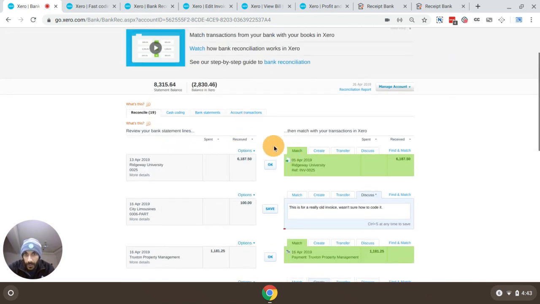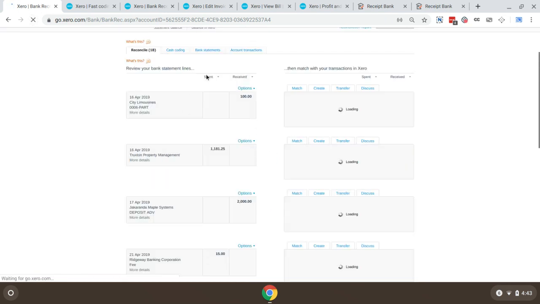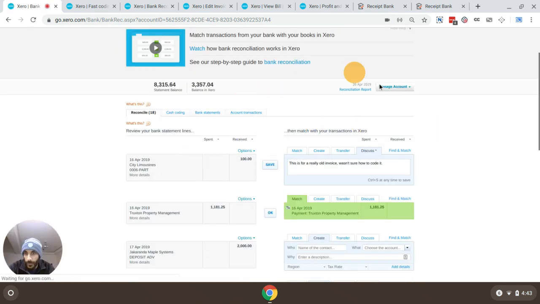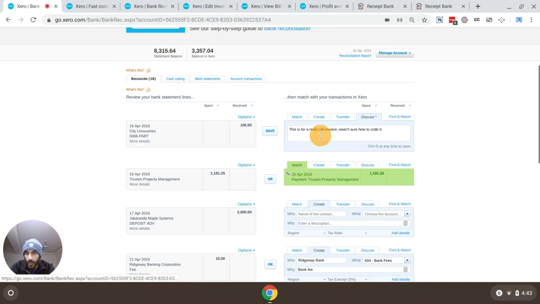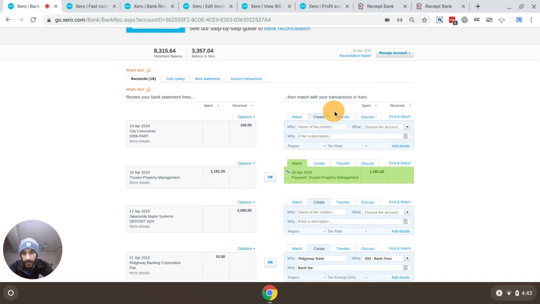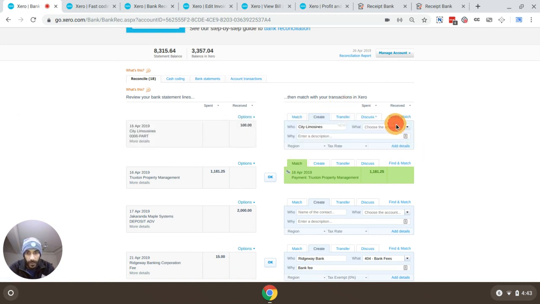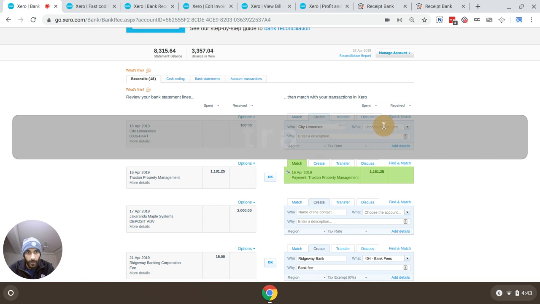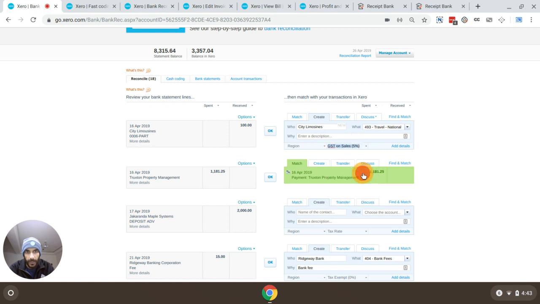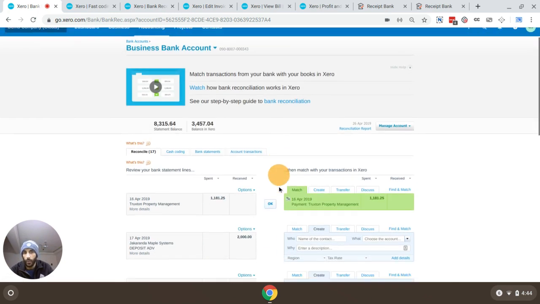Now, you might be asking, when we've pushed it through, where does it go? So let's just do this one right here, City Limousines. I'm going to do this one manually. So this was travel. It was within Canada. So there's going to be GST on here, GST on purchases. So you can see that the transaction is April 2019. Once we hit OK,